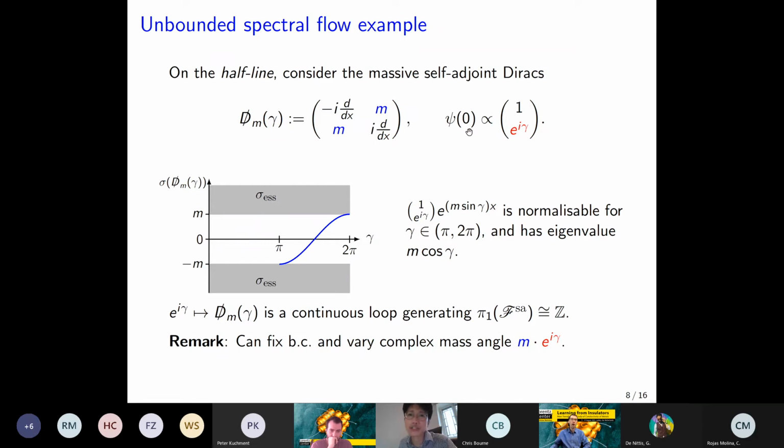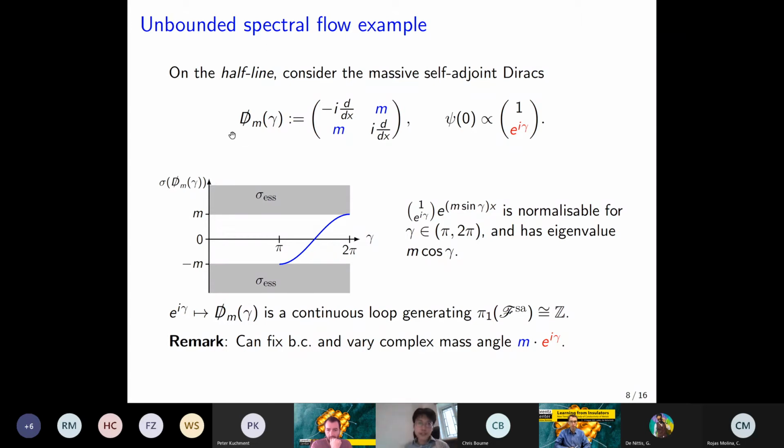On a half line, you have to introduce some boundary condition to make the problem self-adjoint. And it's quite easy to show that the boundary condition is parametrized by the phase shift that you get upon reflection at the boundary. So at the boundary of the half line, which we set to be at the origin, the second component of your wave function should have the same amplitude as the first component.